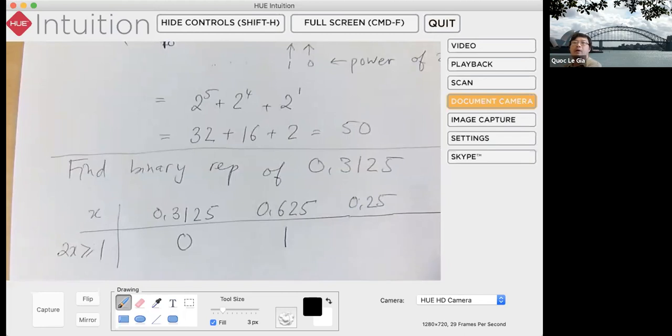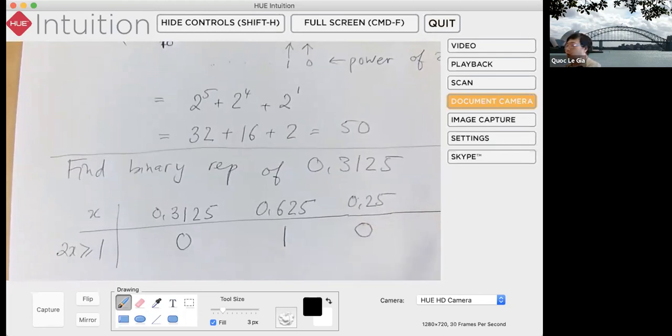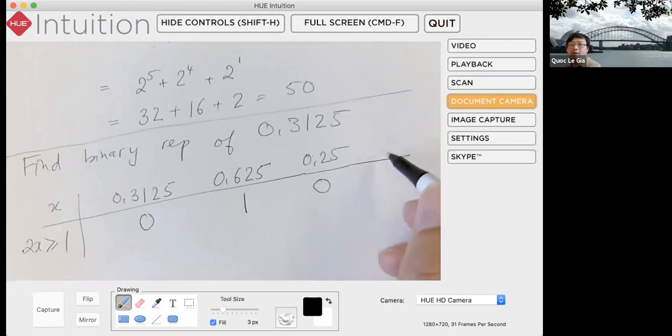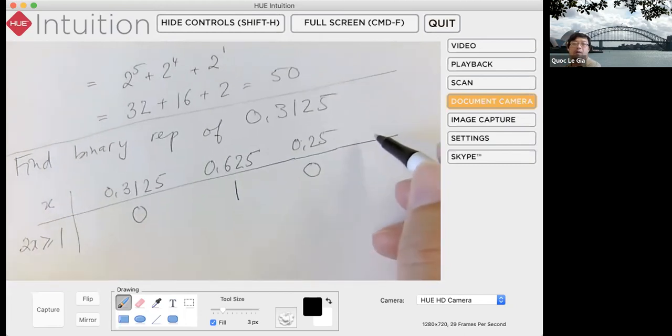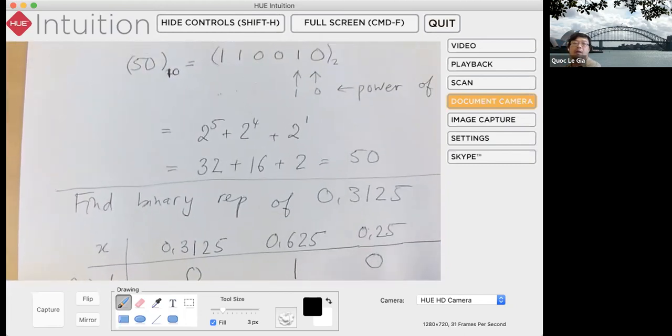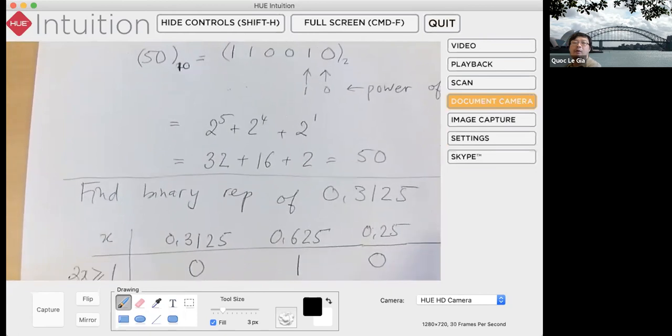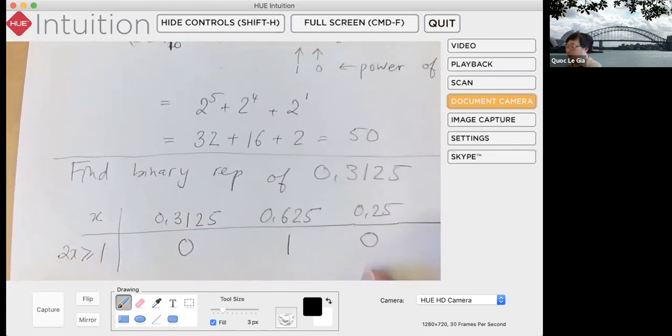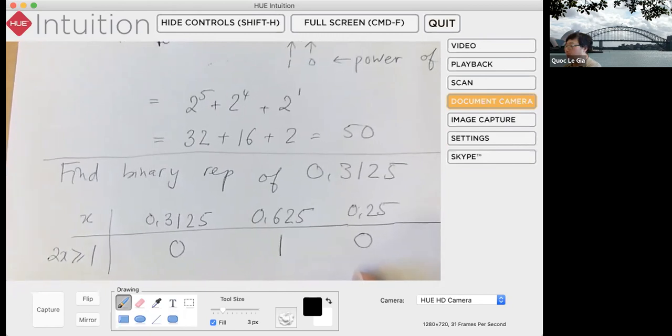Okay? And then you check again. So 2x, is it bigger or equal to 1 or not? So 2x is only 0.5. So 0.5, no, it's not bigger than 1. Okay, and you do the same. So now the next one will be 0.5,